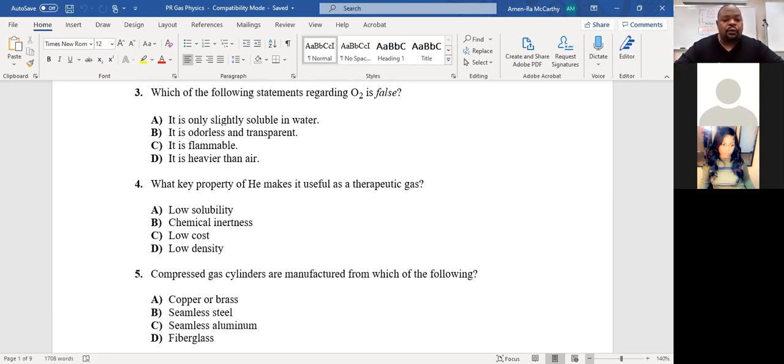Okay. Number 4, Rihanna. What key property of helium makes it useful as a therapeutic gas? Is it C? Oh, not C. It would be D. It's low density. It's less dense than oxygen, so it rises. And we talked about in the lecture that using a heliox mix will help lift the oxygen over an obstruction because it's less dense, right? So if we have an obstruction in our upper airway,